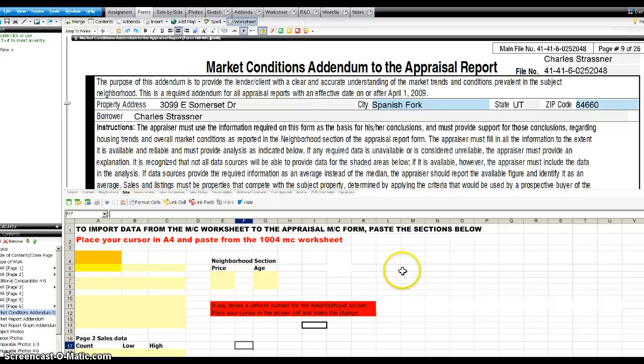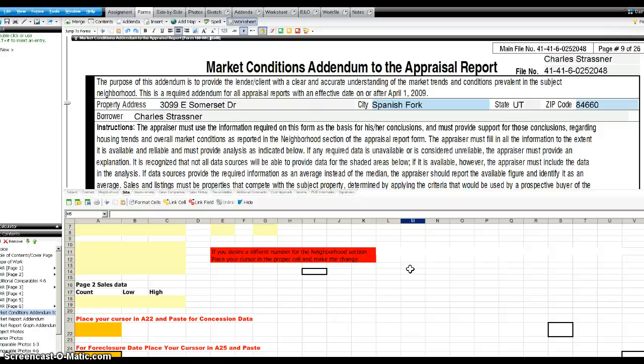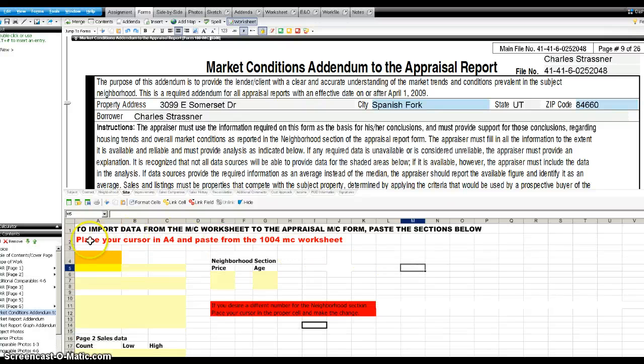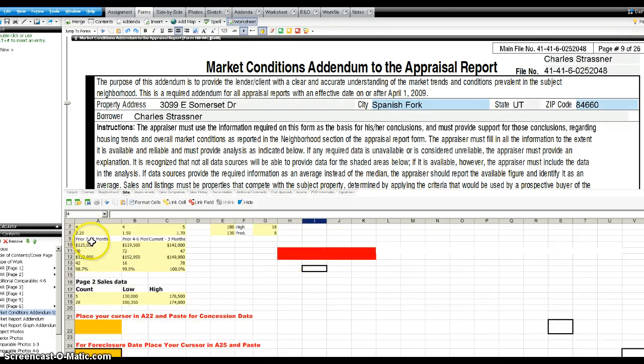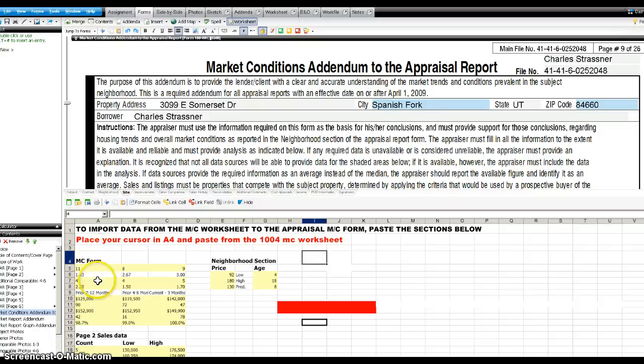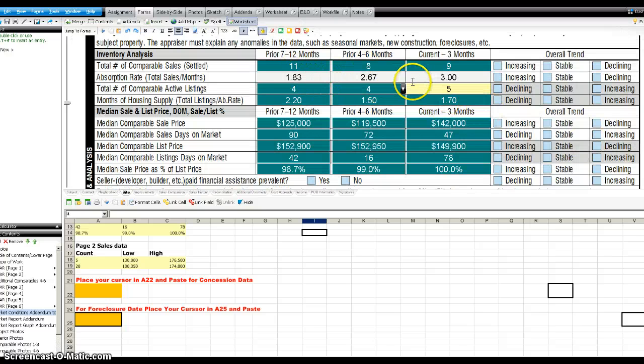This will then give me the data here that's going to go up into the form. This is just another Excel spreadsheet. It tells you to place your cursor in this A4. Now I just want to paste it, so I'll go Control V and paste it. As you can see now, it pasted all this data that was in the MC form, and if I go to the MC form and scroll down, you'll see that all this data is automatically placed into the MC form